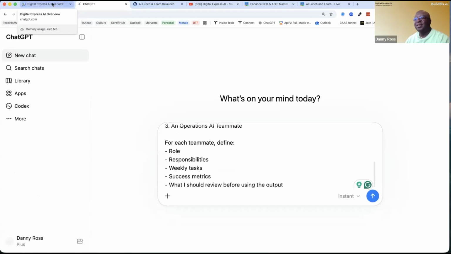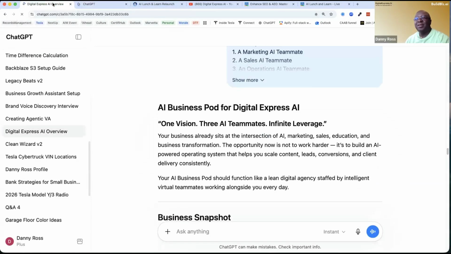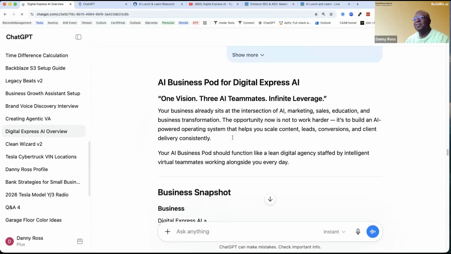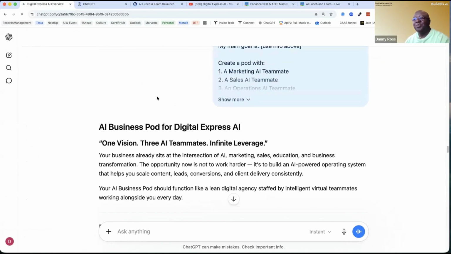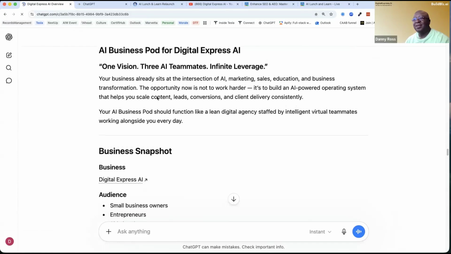Let's see if it died on me or not. Oh, look at that. AI Business Pod for Digital Express. Sometimes miracles do occur. So even though the projects area is having a meltdown, looks like the regular chat thread is working. So: one vision, three AI teammates, infinite leverage. Your business already sits at the intersection of AI.